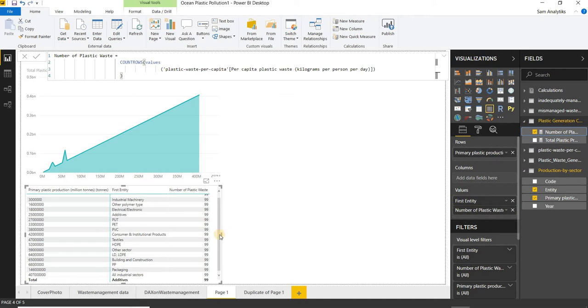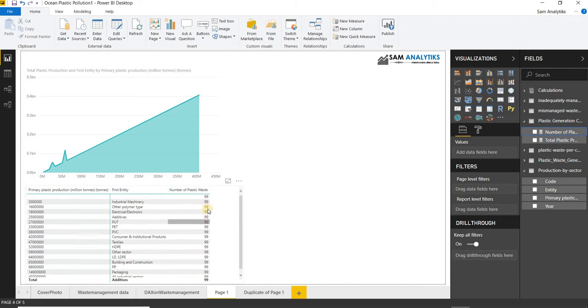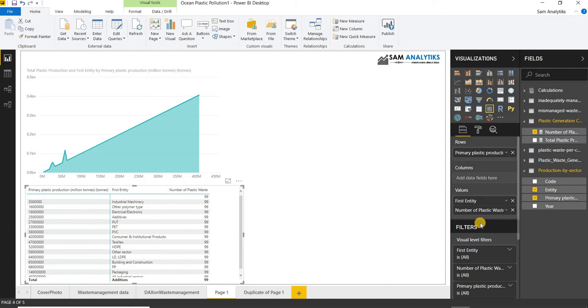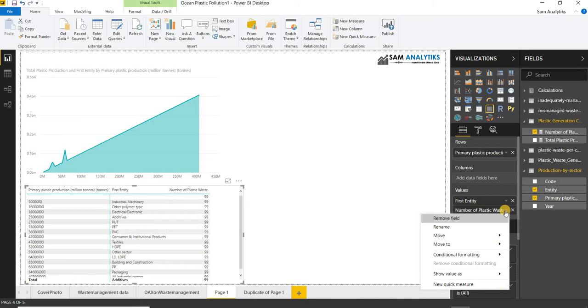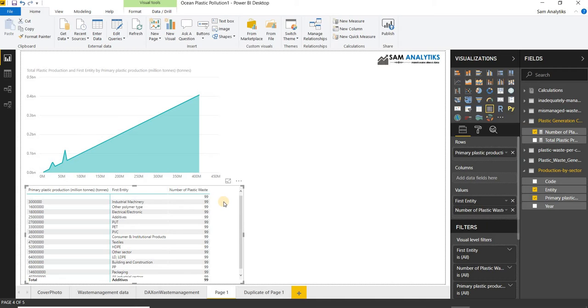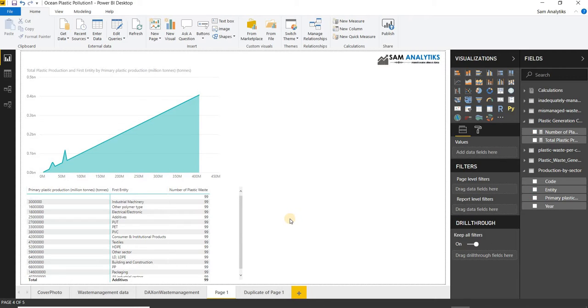So you can check that it is giving me the number of plastic waste as one part of it. So now if I take it again, and if I take the number of plastic waste into consideration, I can very well see that this is not the way it should actually work, but we have to look at it this way, that this is the real problem right in front of our scenario.